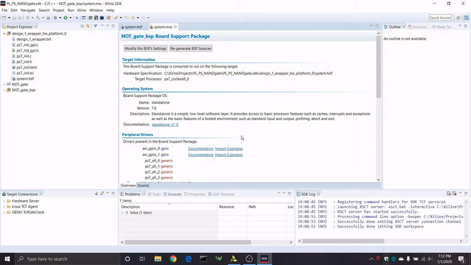Okay, so now that the workspace is built,